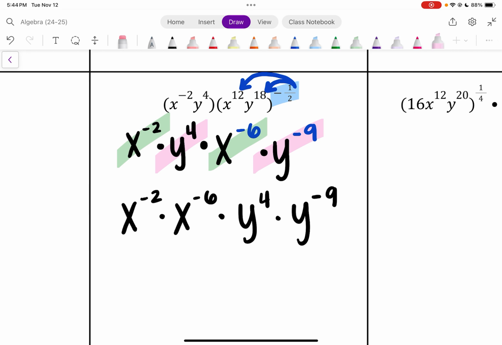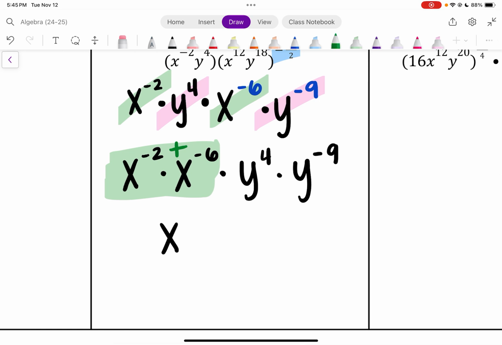So at this point, I'm still not going to worry about my negatives. Some of you might be saying, well, why aren't we flipping those negatives? Because we're going to see what happens here. It's usually easier to deal with them at the end than it is to deal with them at the beginning. Okay, so I'm going to go ahead and combine my x's. So when I have the same base but different exponents, I can add those together. So now I have x, -2 plus -6 is a -8